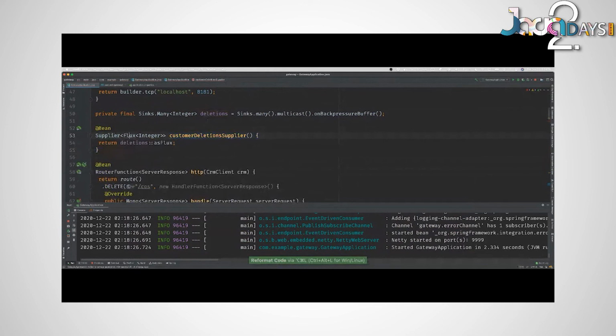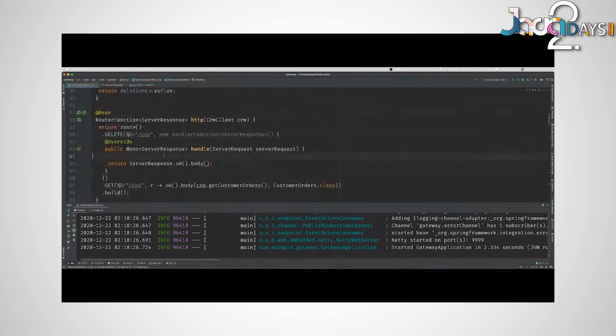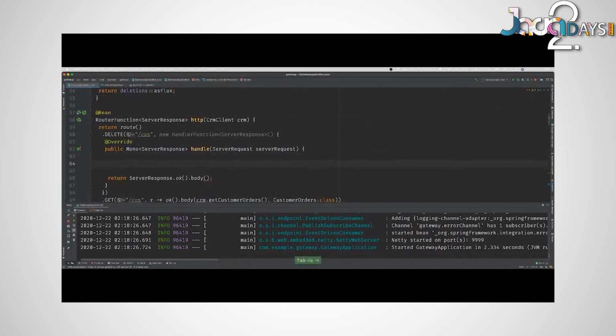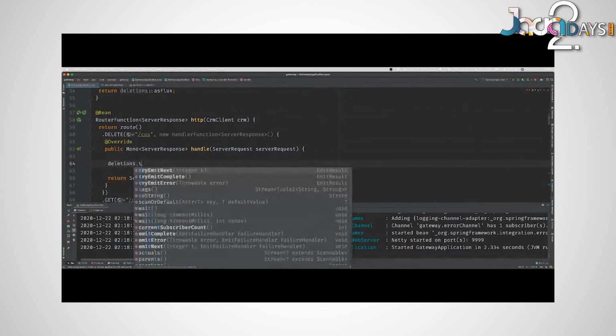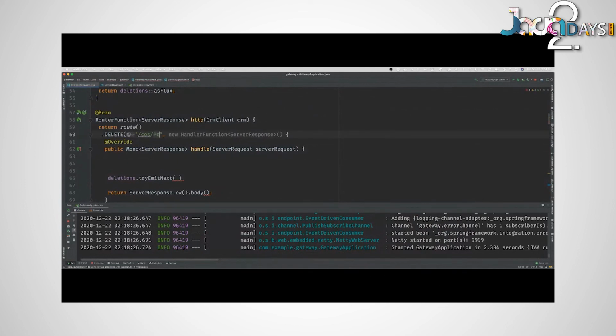This is a supplier. It's going to return a reactive stream. This reactive stream contains the integers that we want to delete. We're going to broadcast those messages to everything in the cluster. It's the tell, don't ask pattern, right? So here I'll say deletions.tryEmitNext. I'm going to get the customer ID that we want to delete here.